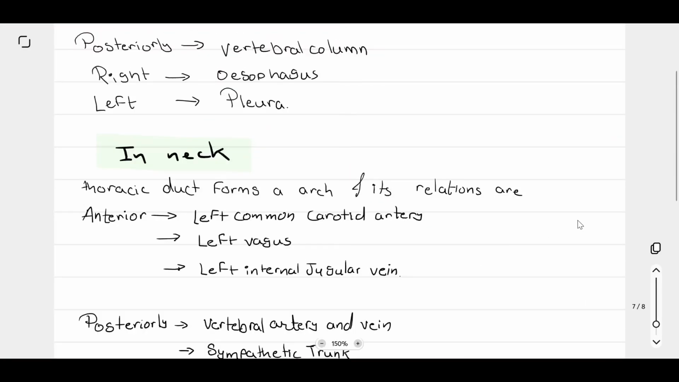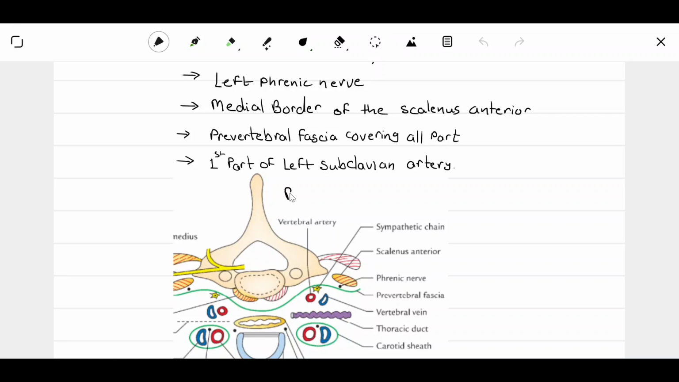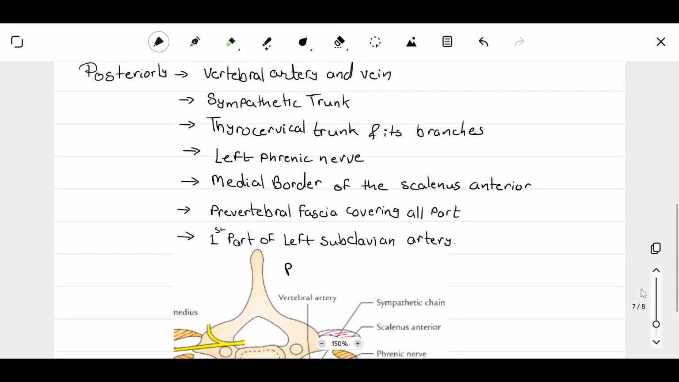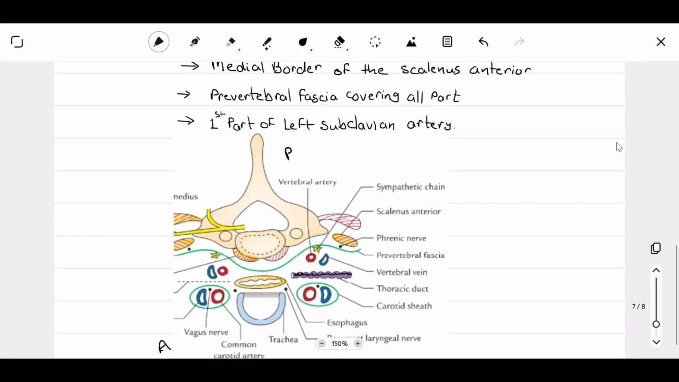So visualizing this with the help of this diagram. So right now here this is my posterior side, and this is anterior. So posteriorly I have vertebral column, and this is my thoracic duct. Anteriorly I have left common carotid artery, left vagus nerve, this black dot refers to vagus nerve, and